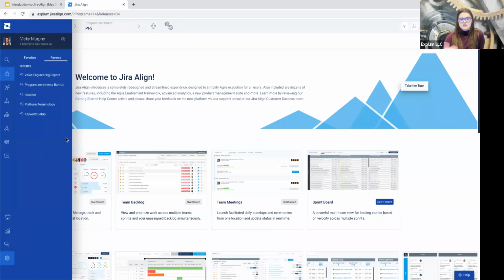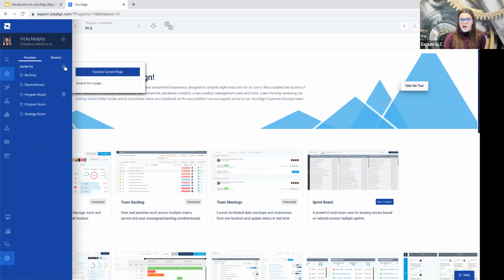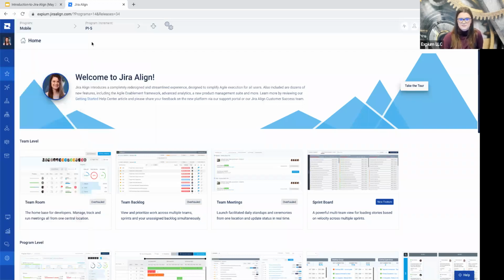On any page that you use frequently, you can add in a favorite, just press this little plus, or you can even search for a page here. Make your navigation even that much easier to your most frequently used spaces or modules. There's also a recents button here, so if you need to go back to something, weren't quite sure what report or what module you were on, you can use this as well. So that's really the overall navigation of the tool, thinking of it as that hierarchy of work from our team